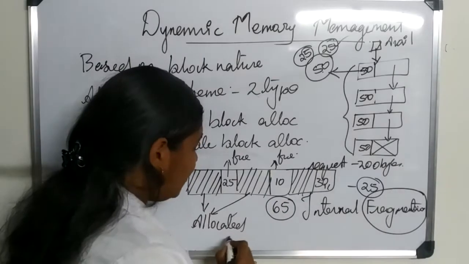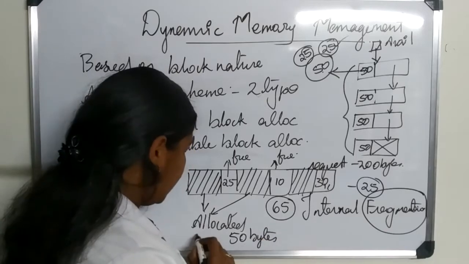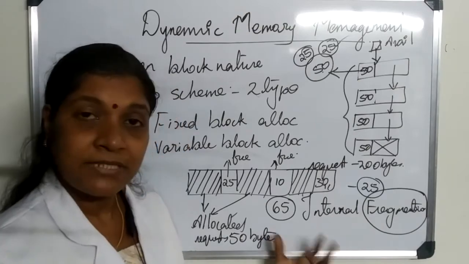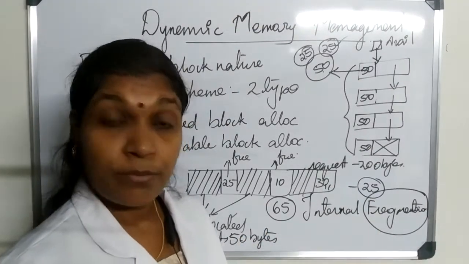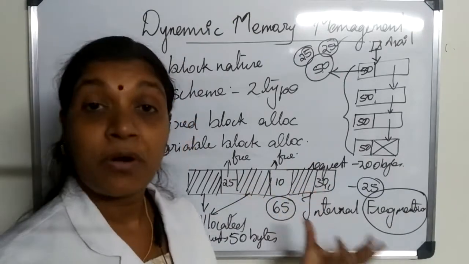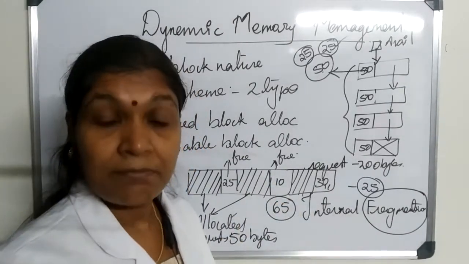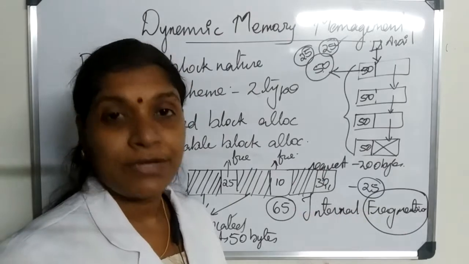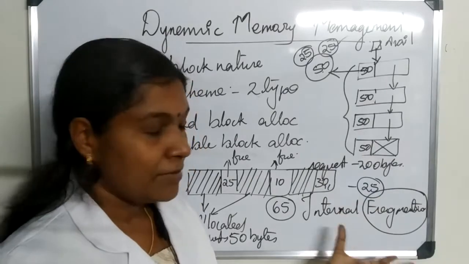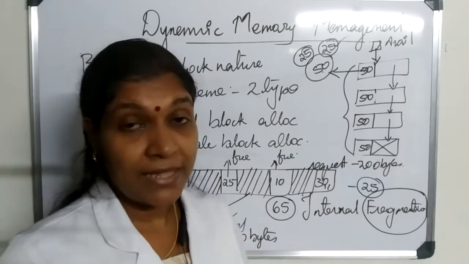Now suppose we have a request of 50 bytes. Can the system satisfy this request right now? No, because a single block with 50 bytes of memory is not present. But altogether, more than 50 bytes is present, yet the system is unable to perform the memory allocation. This is the problem of internal fragmentation. Clear? So it is a problem of scattered free memory here and there in the system.